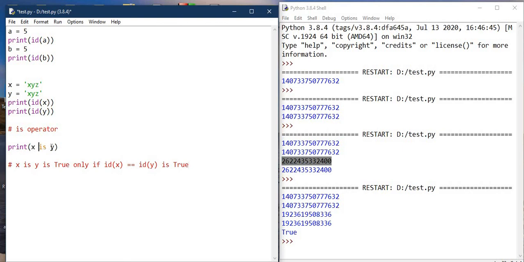It will return true only if the ID of both variables is the same. So these are very important concepts.